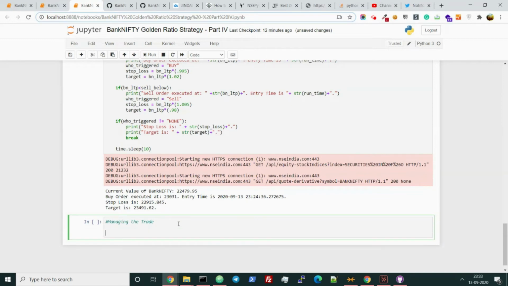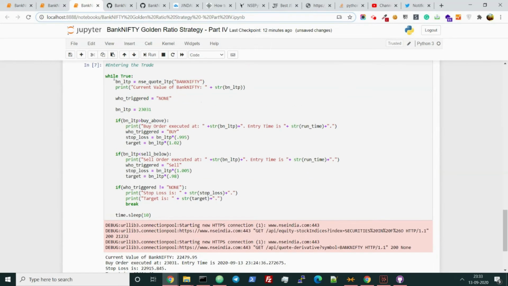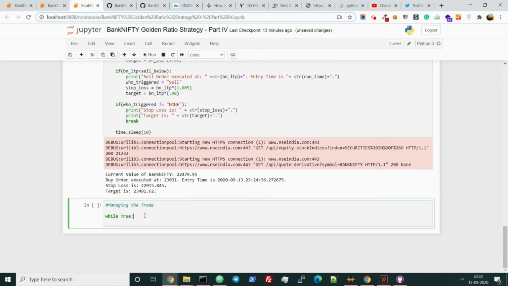So let's start with the same code following. While true, let's put this again.